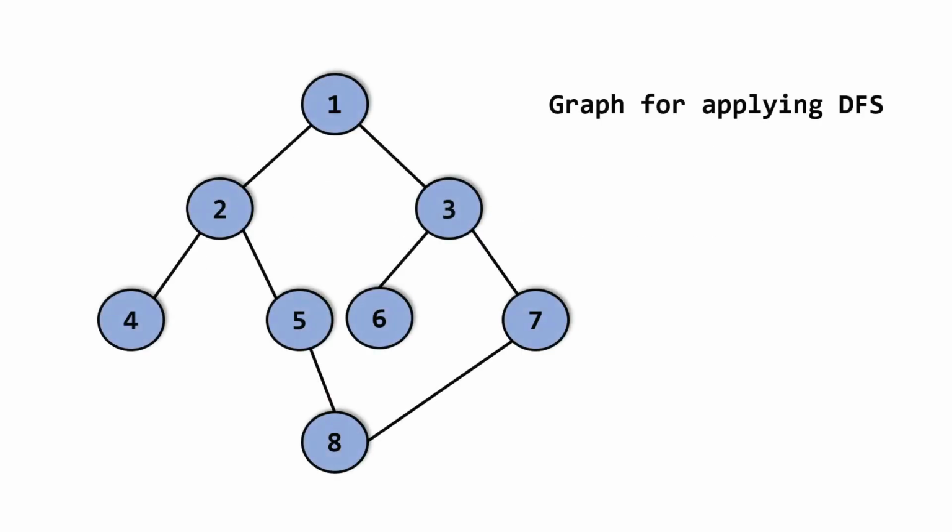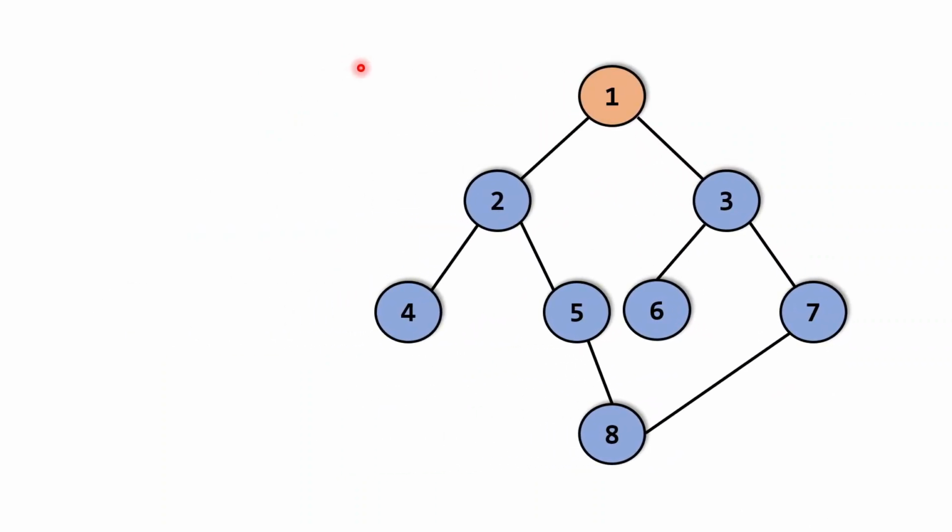So first of all, let's say I have a graph like this and I want to apply depth first search on this particular graph. For starting the DFS, I have to select a node which is unvisited, or like we have not started the DFS yet, so I can consider any of the nodes. Let's say I have selected this particular node 1. So what I will do is I will make this node 1 as visited, and as you can see the orange color represents the visited node. So I made 1 a visited node and our output is 1.